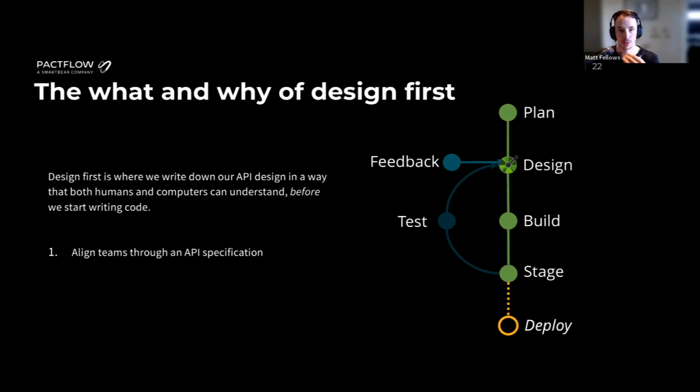Design first enables us to do a few things. The first one is aligning teams around the specification. We've now got an agreed artifact that we've all come together to create that outlines what it is our API is going to do. This means we can get alignment from teams. It means we can start to build from this shared source of truth. We can apply governance and standards to it. And it really is our first step in bringing repeatability to this chaos we talked about earlier.